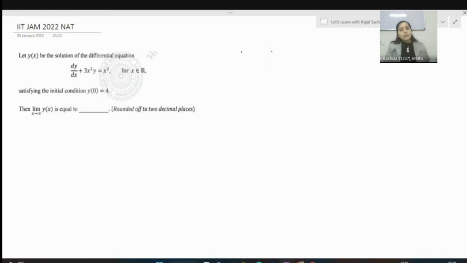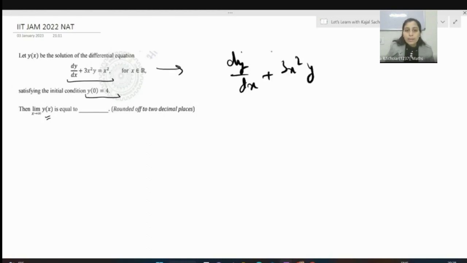This question is also from IIT JAM 2022 and this is a numerical answer type question. You can see from here what the question says. Let y(x) be the solution of the given differential equation with some initial condition y(0) is equal to 4, and you have to find y(x) with limit x tending to infinity. So from here we can see that the given equation is of the type linear in y,